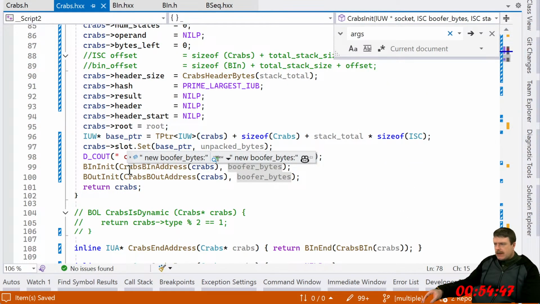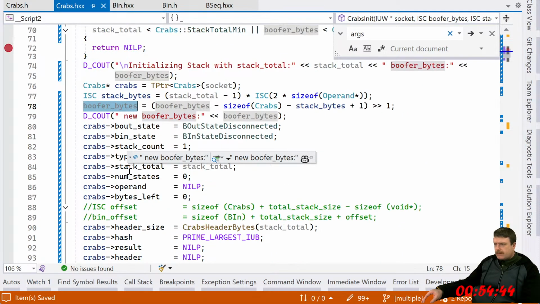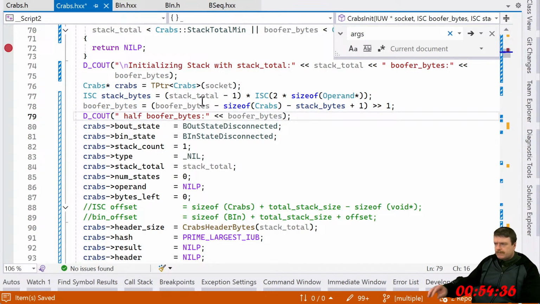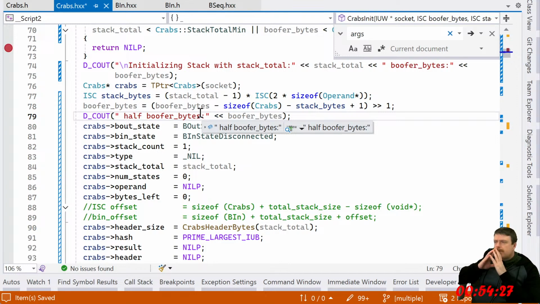This seems like... why is it stack total minus 1 though? I've been so confused about that because it seems like it's supposed to be there for a reason. I'm really good at programming, and usually when I don't know what I'm doing and I try to change something that I used to do, it was there for a reason. This one's just really out of place.